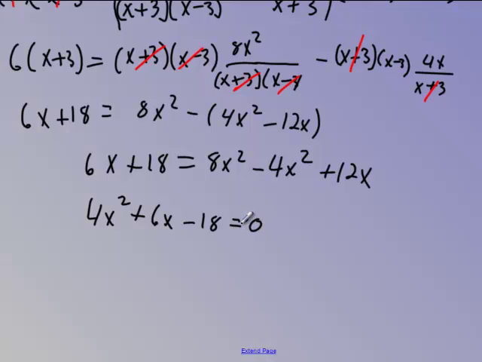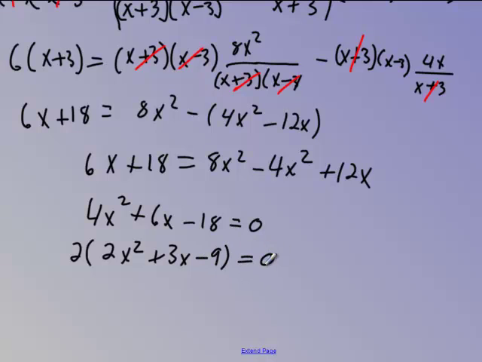Now I'm going to solve. So we'll have to start off by pulling out a greatest common factor. So I can factor out a 2, and that's going to leave me with 2x squared plus 3x minus 9